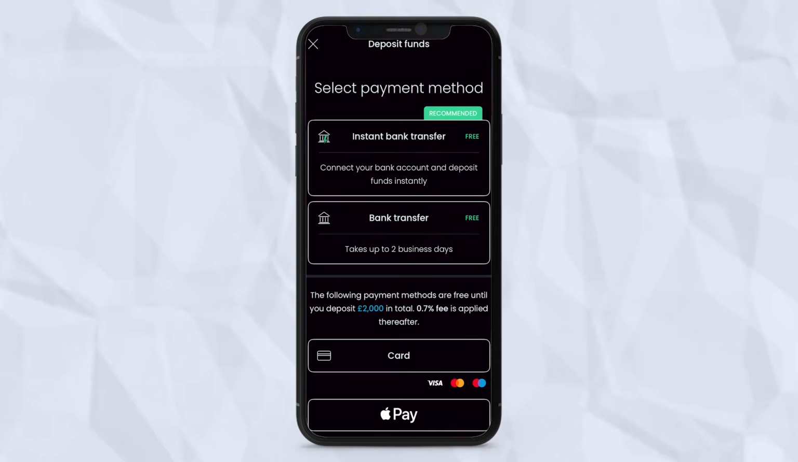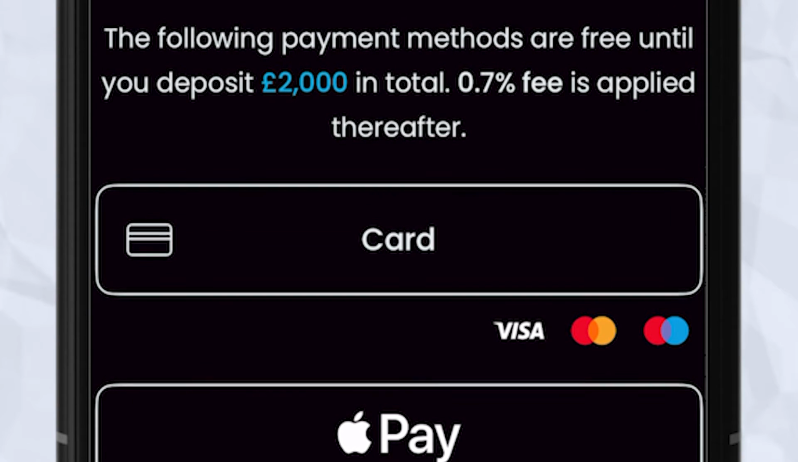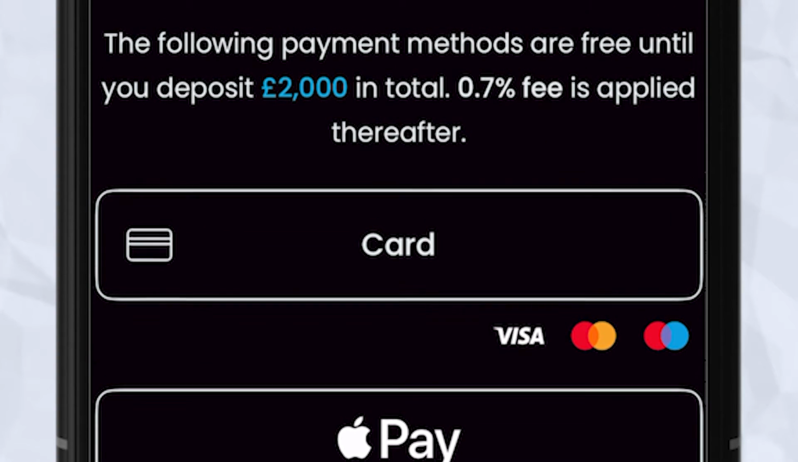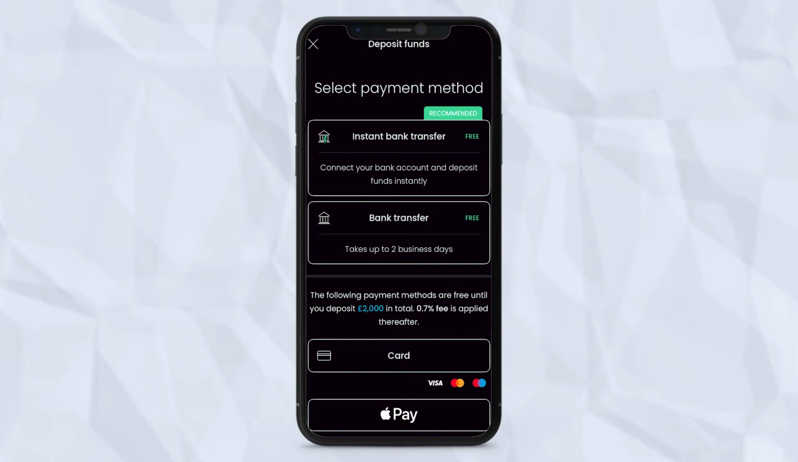After you've clicked this, you get the option of using either instant bank transfer, your card, or Apple/Google Pay to deposit with. But as you can see, the top 2 options allow you to do this free of charge, whereas the bottom 2 will start charging you a 0.7% fee after you've deposited £2,000 in total. So it's better to just go with the instant bank transfer option, as you'll never need to worry about any